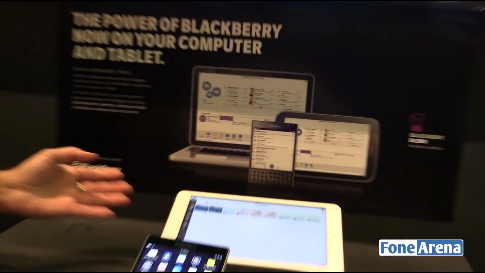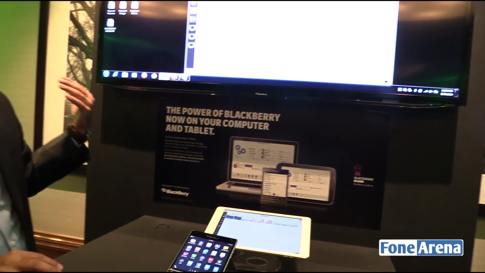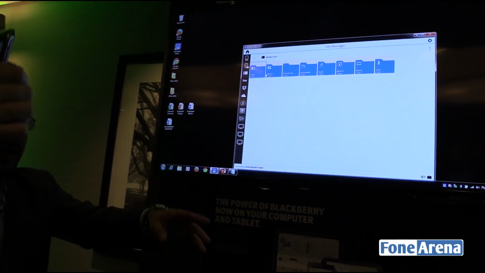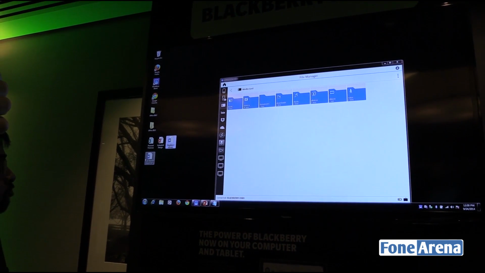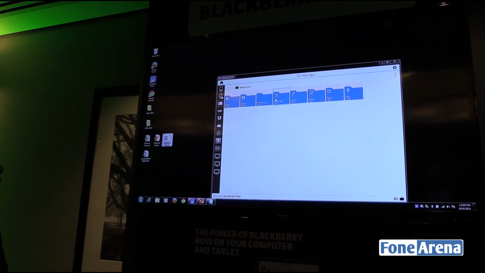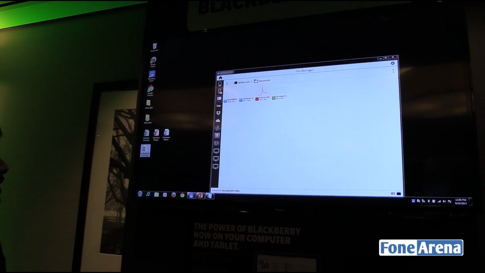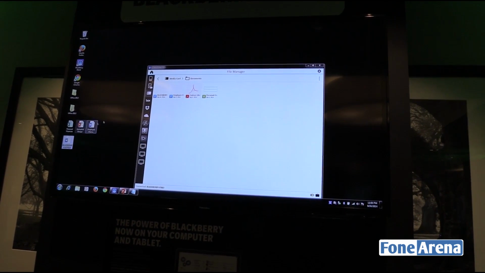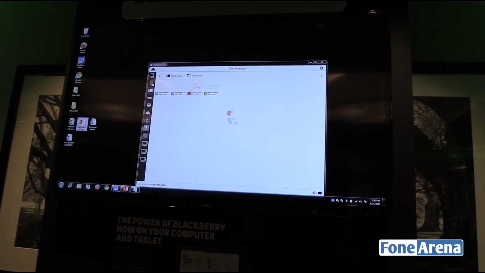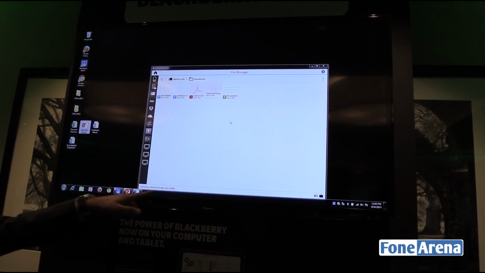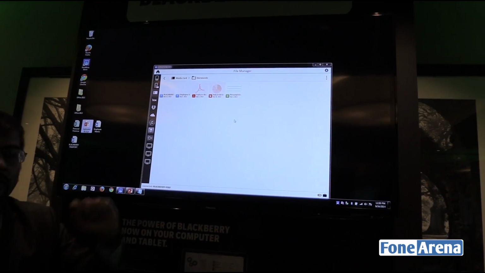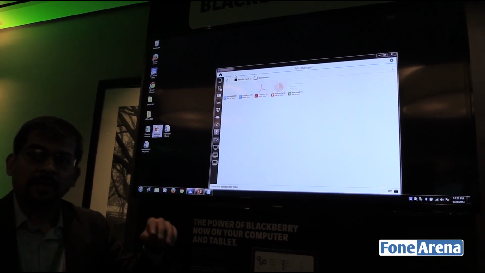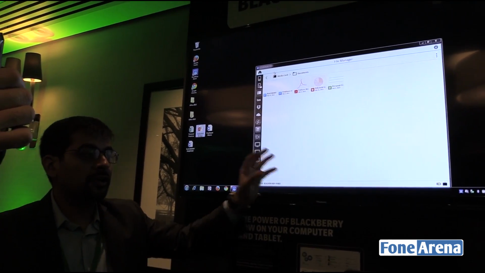Now I can quickly drag and drop files in. So if I have to transfer any file from my desktop onto my phone's SIM card, I can simply select that file and drag it in. Actually, maybe that file was there already. So let's take this file. As you see, it just transferred over that file. Again, we did not sync any data. This thing does not need to be on